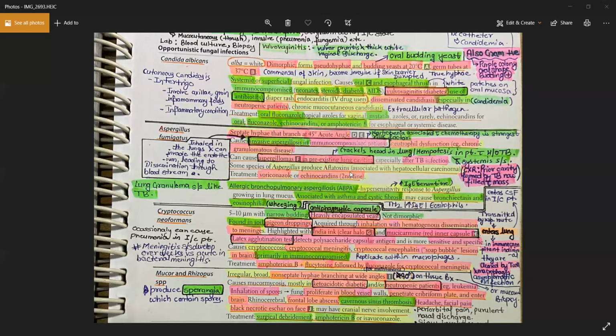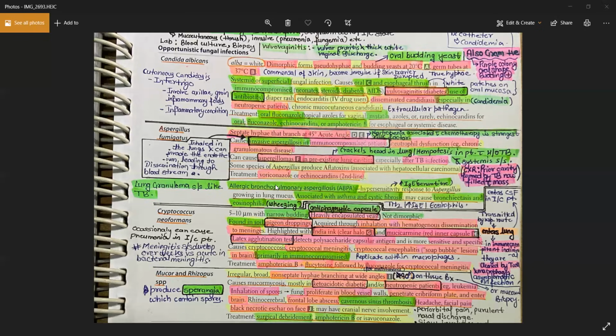Okay, because it really contaminates the nuts. They release the aflatoxins in the nuts that can cause the hepatocellular carcinomas. Very important. Okay, and one more thing, they can also cause the allergic bronchopulmonary aspergillosis. Okay, in case of cystic fibrosis or in case of asthma, what happens? They regularly